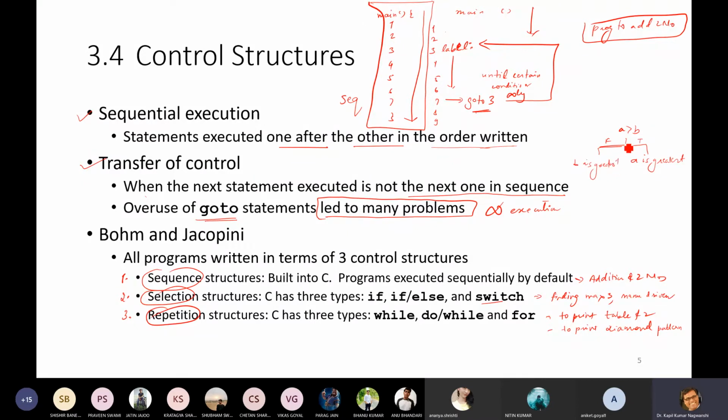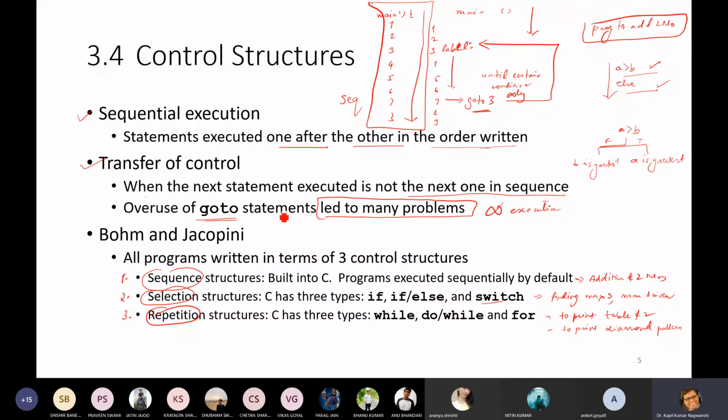Okay, so this shows the transfer of control. Although the statements are written, like a is greater than b, certain thing is there, and then an else branch is there, and then certain thing is there. It is written in sequence, but it will execute certain things. Upon true, it will execute this. Upon false, it will execute that, but not all the statements. So this is known as transfer of control. Okay, everything is written in sequence but not executed in sequence.